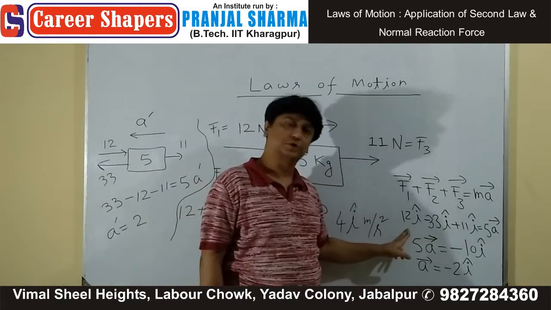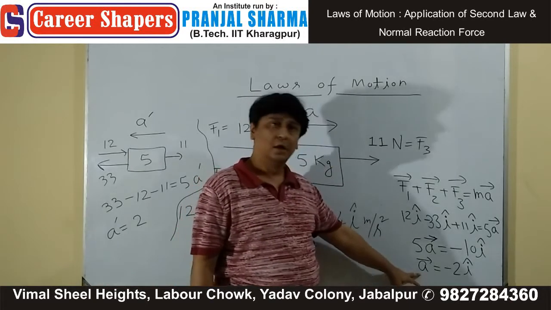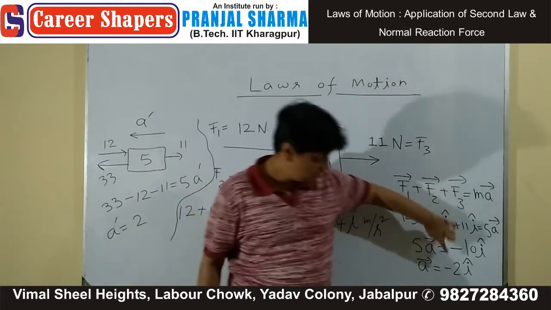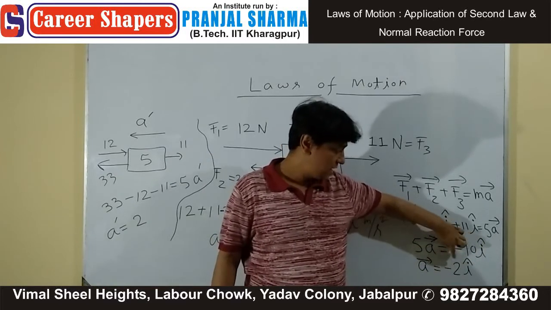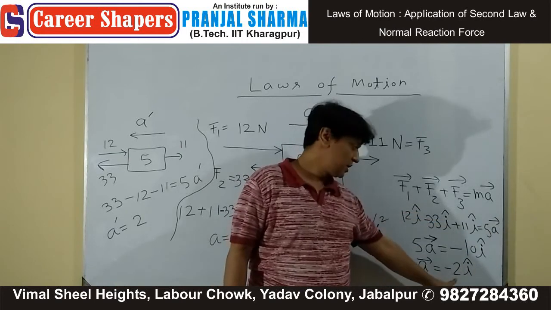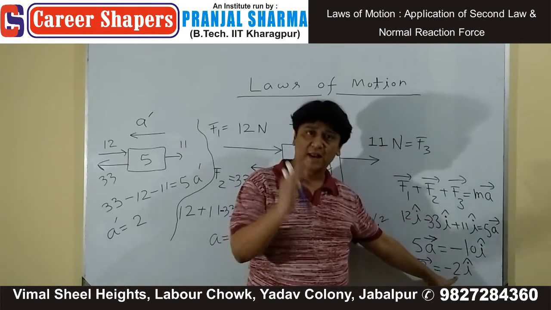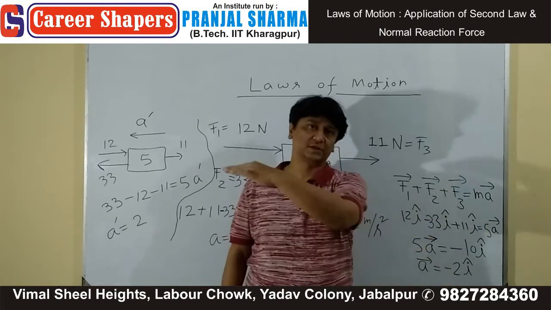सारे के सारे फोर्सेस को प्रॉपर डायरेक्शन में लो. जो भी एक्सेलरेशन होगा वो ऑटोमेटिकली प्रॉपर साइन के साथ आएगा. जैसे आपने देखा कि हमारा एक्सेलरेशन आया है -2 i cap. इसका मतलब क्या है? मैग्नीट्यूड कितना है? 2, और डायरेक्शन क्या है उसकी? -i. What is -i? West. So